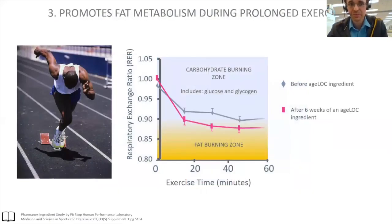In a different human study that was conducted, and this is published, you'll see that we were looking at what's called the respiratory exchange ratio. So this is actually a measure of carbohydrate to fat burn inside the body. And so after 6 weeks of taking the product, you can see that there actually is a significant decrease in terms of the RER. And this is actually a good sign because the lower it goes, it means more fat is being oxidized and used as a source of energy instead of glucose